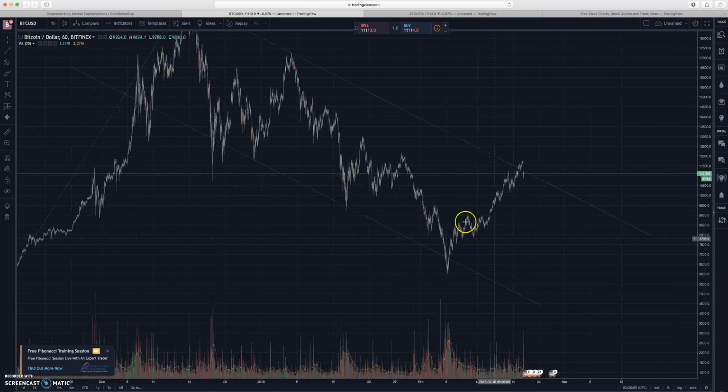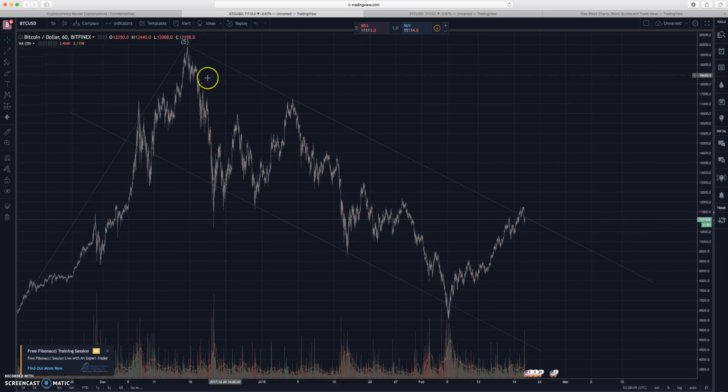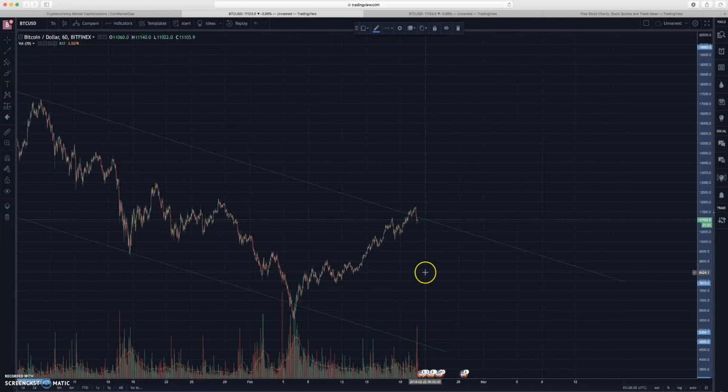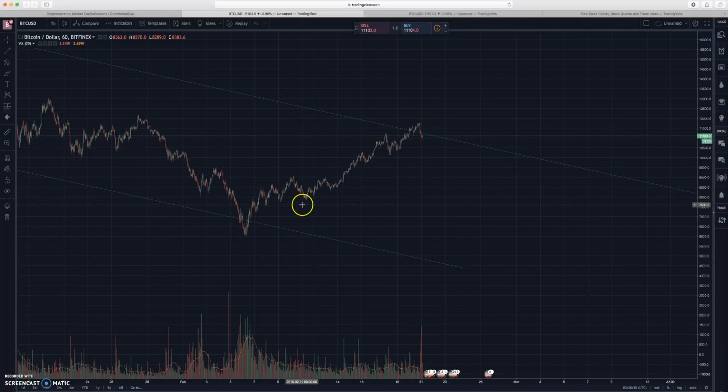If you remember, this was the top of our 5 wave up here, and I think most people will agree with that. A lot of people were thinking there's an ABC corrective wave down to here, and that would be your A down here, your B, and then your C. And then there's other traders calling for a more drastic correction than that. But what I wanted to do is get into this rebound that we just had and draw a couple Elliott waves.